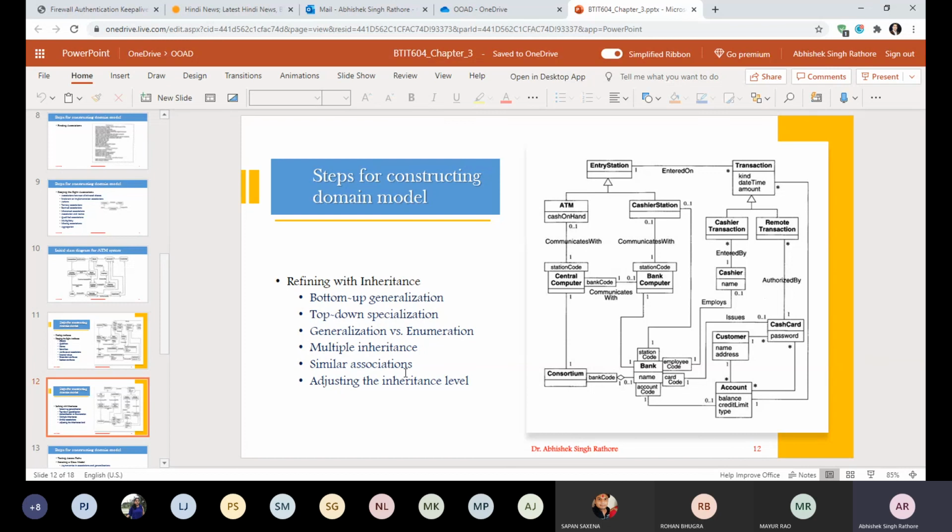Then the last step is adjusting your inheritance level. We have to maintain the right class hierarchy. Instead of going too deep, we can have a shallow inheritance level. This is good, because a very deep inheritance level can increase the size of objects and so on. So what we like to do is make our inheritance relationship shallow. So this is for today, and then we'll cover some more attributes for considering our domain model.